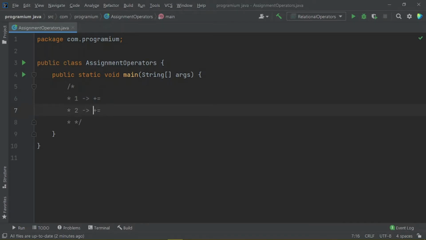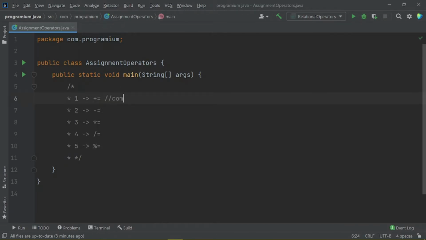The second one is this operator, and again duplicate it. Third one is multiplication. Fourth one is division. Fifth one is modulo division. So guys, these are known as assignment operators.